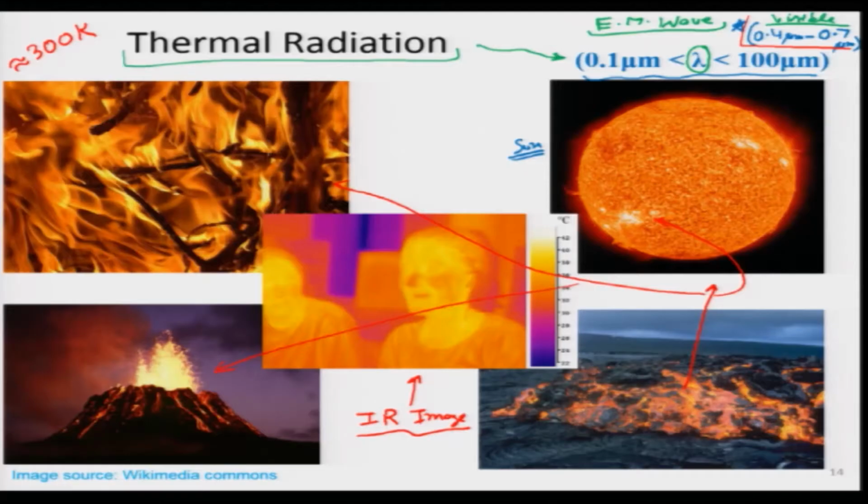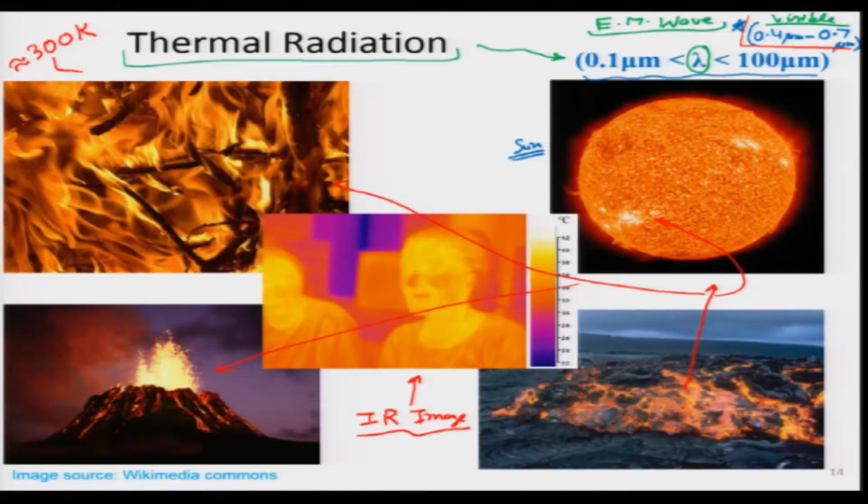Now, there are different types of cameras as well, which actually capture images in the IR region. So, we will very soon look at what is the visible spectrum, what is IR, what is UV. And in that case, if a body is at 300 Kelvin, like this person whose image is shown over here, then we will be able to do a calculation and write something like that for this body over here. If it is at 300 Kelvin, then its peak wavelength at which emission is taking place is perhaps very close to 10 microns.